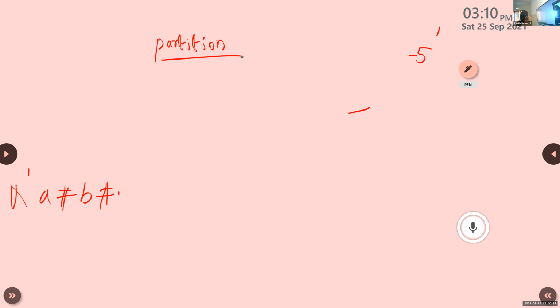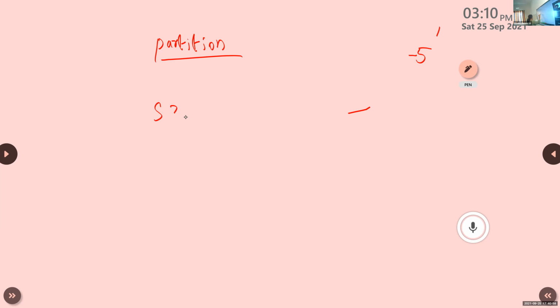So first it will display the substring before the separator. Second, the separator itself. The last one is a substring after the separator. Okay. So first write the example.